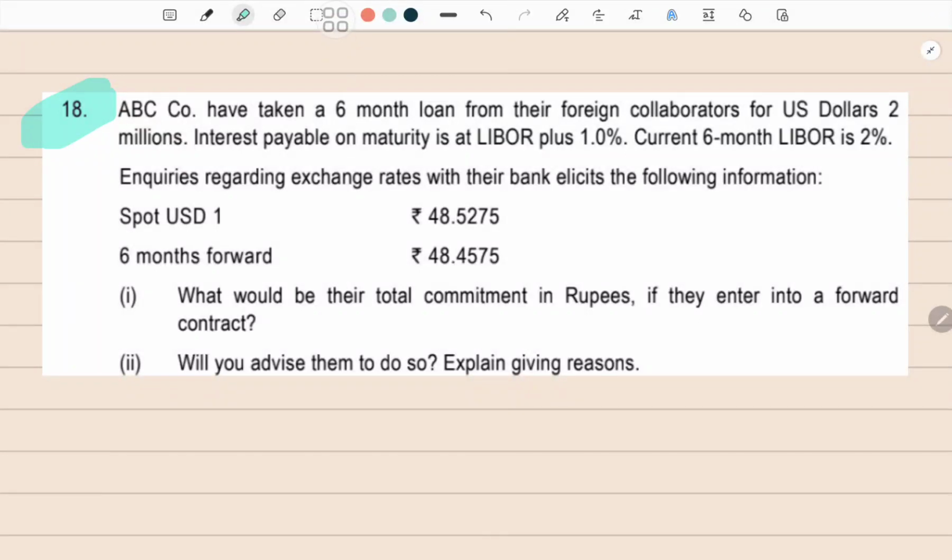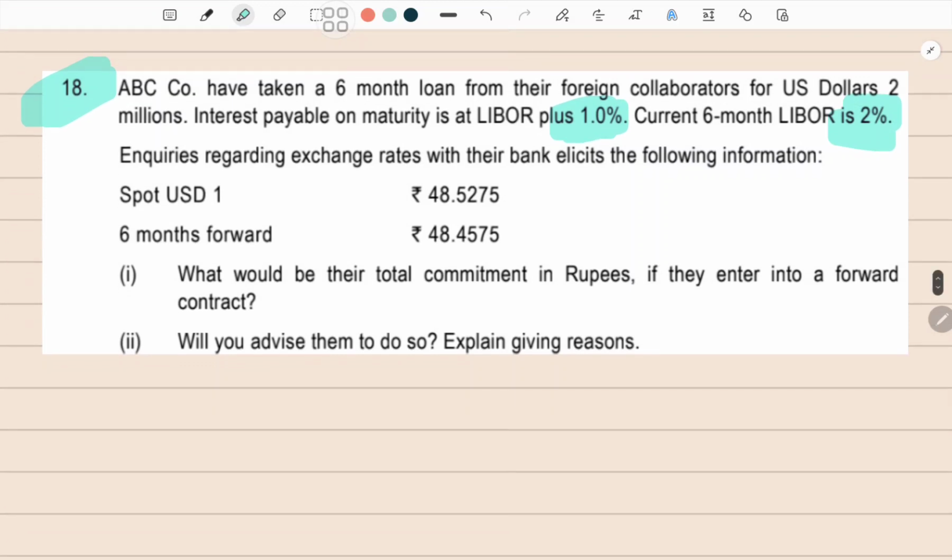The 18th sum. ABC company has taken a loan from their foreign collaborators for $2 million. Interest is payable on maturity at LIBOR plus 1%, and the 6-month LIBOR is given to you as 2%. So the total interest rate per annum is 3%, right? We would want the equivalent 6%, so then it has to be 1.5%, correct? This is a 6-month loan, and the loan amount is 2 million and it is in dollars,